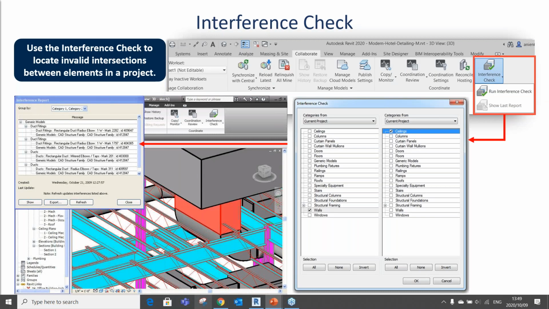Okay, and then the last one is the interference check, which I already just touched on a little bit. And it's actually just a very basic form of clash detection, if you think about how Navisworks works, for example. So it identifies elements that interfere with one another within your project or between the host project and a linked